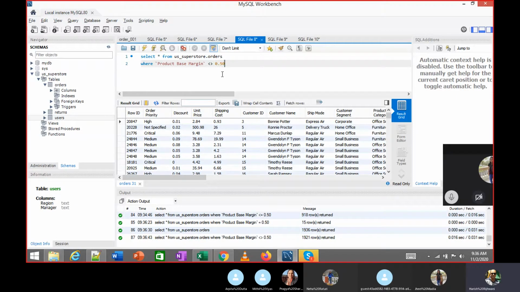We had earlier used not in. The other way is not equal to one value. Not equal to one value is the less than symbol and the greater than symbol.